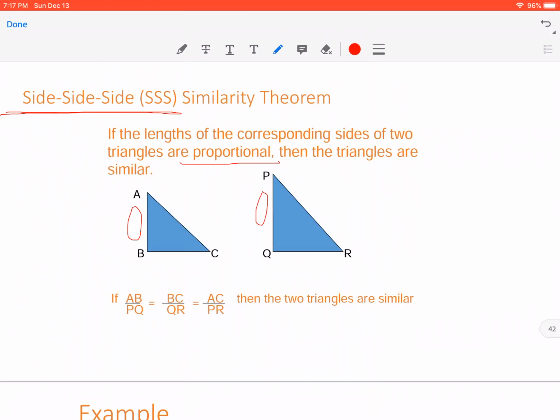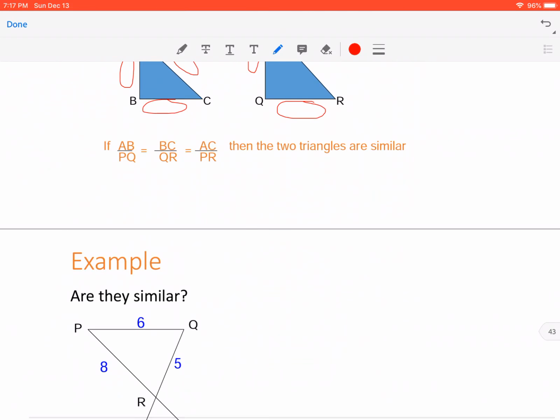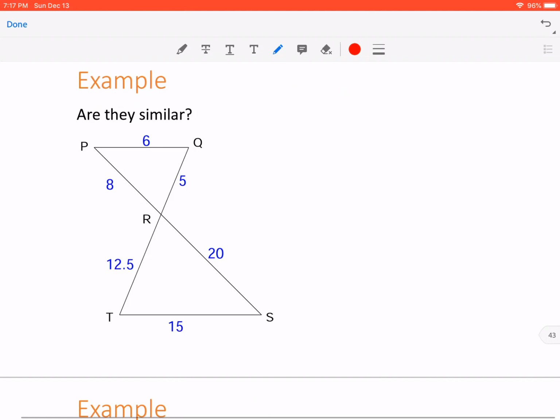If I divide those 2 numbers, it should be the same for AC over PR and BC over QR. If they don't all 3 match, they're not similar. Okay, and again, you technically did this last week. So let's go to this one